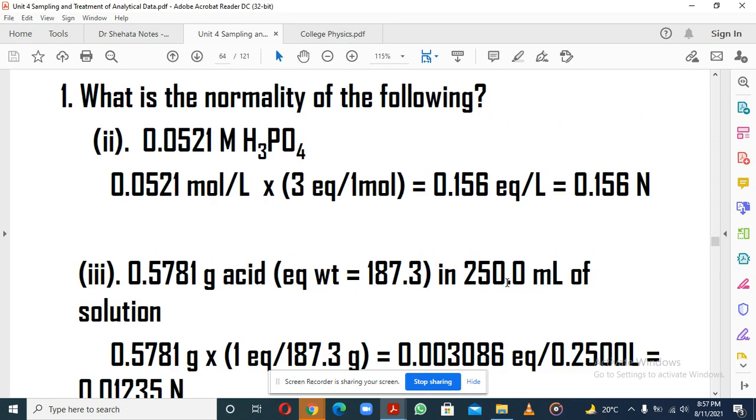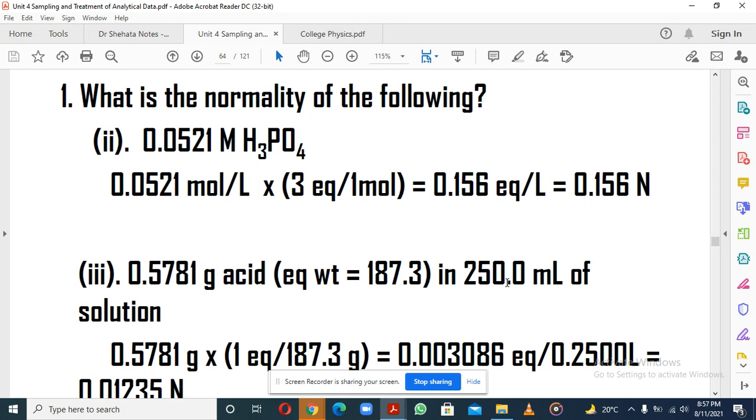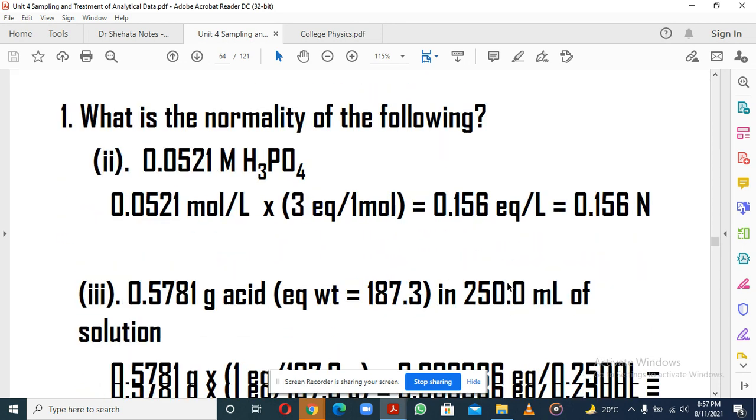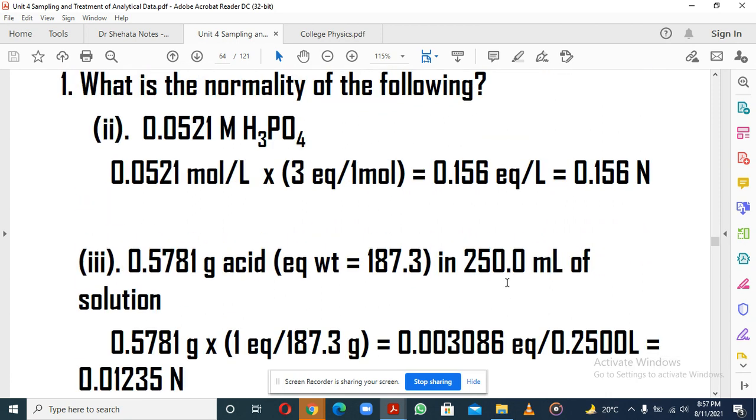So, we discussed what normality is. For this question where you've been asked to find normality, how do you go about it? We discussed how you can convert molarity, because you see that that's molarity, and then you can convert it to normality. We looked at that equation that we discussed last time. So you can go through this lovely exercise. It's really pretty much straightforward. So just use the equations. For this particular question, you can convert molarity to